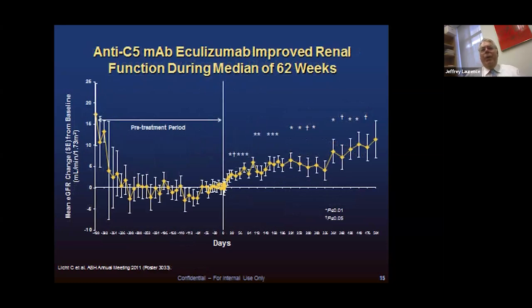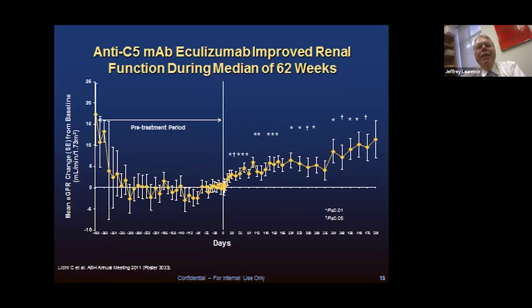And look at this. People ask, well, how long does it help? How long do you continue the drug? Well, this is one of the original studies published in the New England Journal. What it shows is they had a washout period of 400 days where they took patients with classic atypical HUS and just gave them plasma, as much plasma as you wanted to throw at them, and measured eGFR.